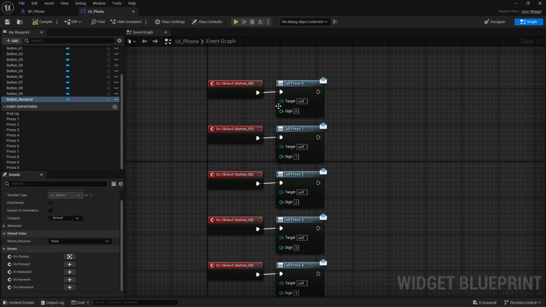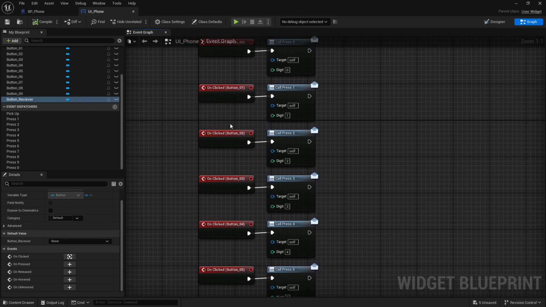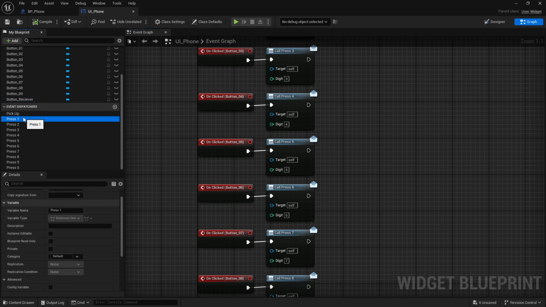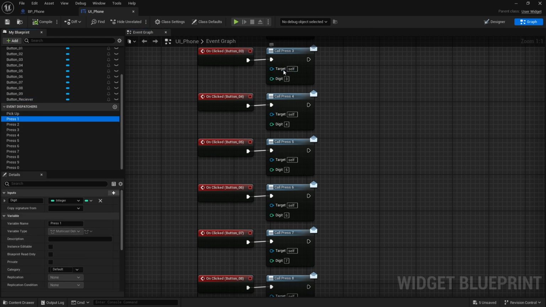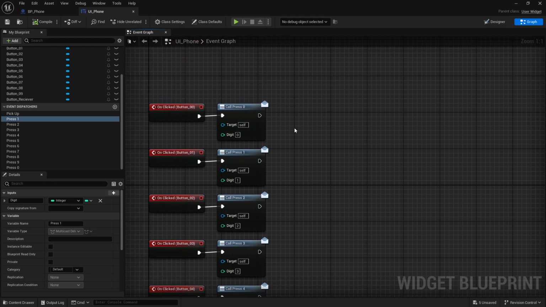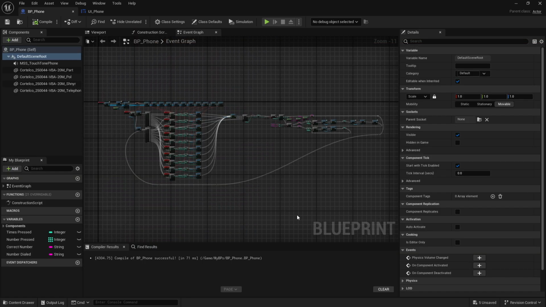Now inside my graph, I do have these buttons named appropriately. So button 00 is pressing the button 0 on the phone, and so on and so forth. And I am using my event dispatcher for calling those events. And I did create an input for the digit. That way, once I get into the actual blueprint, I can pass along an integer that corresponds with that button press. Now to dive into the blueprint itself, which looks a little bit more like a Formula One racetrack,